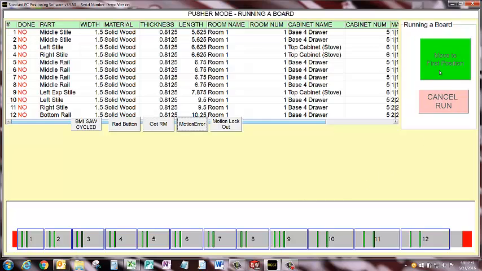I click Move to First Position, got RM, and you can see that the first thing it's going to do is make a scribe line. That's because the distance from the scribe line to the end of the part is shorter than the distance of the square to the saw. So we're going to make a few scribe lines before we ever even make a trim cut. So it says use a pencil to make the scribe line, and I click OK, then saw done, move to next, got RM. Now it's at the next scribe line,